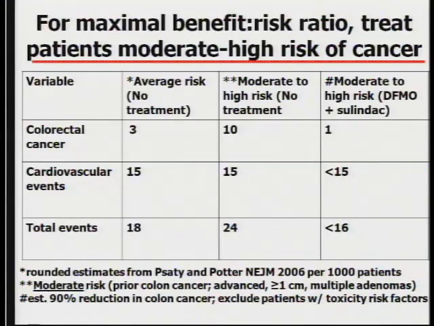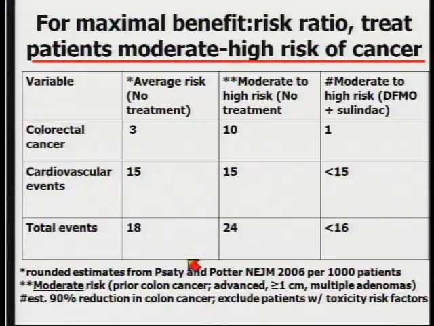Now, the last point before I summarize is in terms of who are the populations that we should be targeting. We're talking about personalized prevention here. We are not advocating thinking about the general population. We are not thinking about treating people in the colon cancer area who have average risk of colon polyps, who have average risk of colon cancer. We're talking about really thinking about populations that have moderate to high risk.